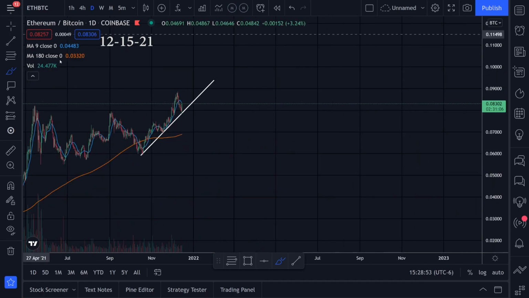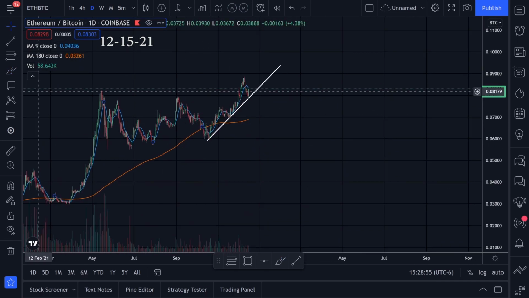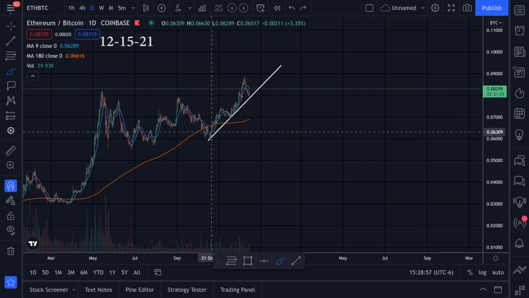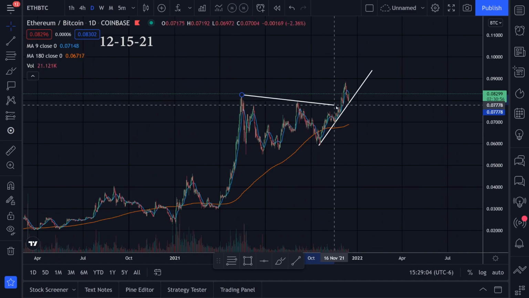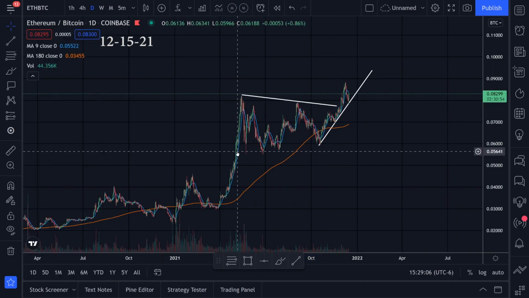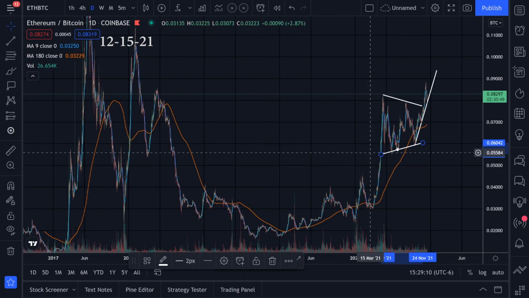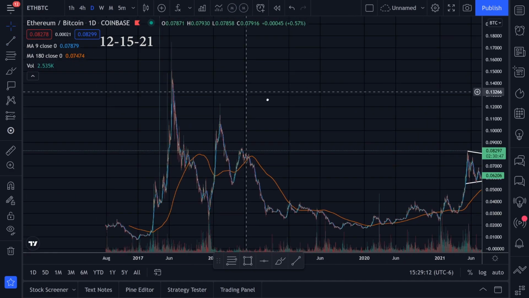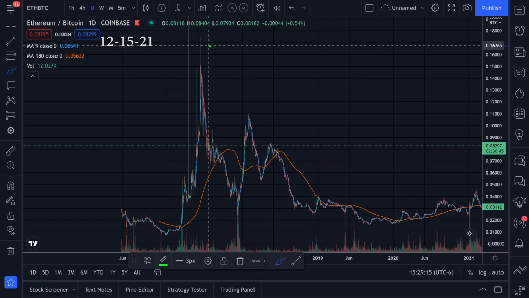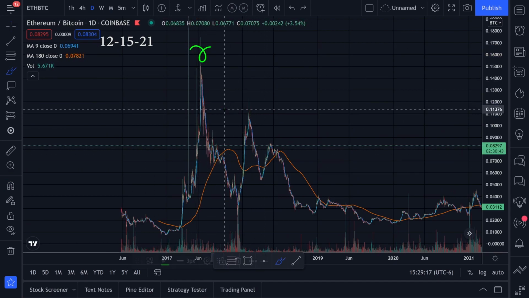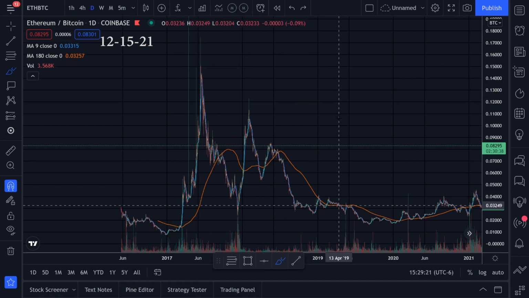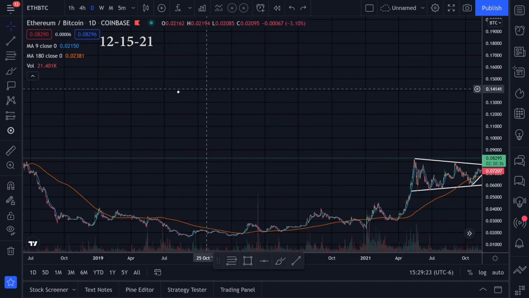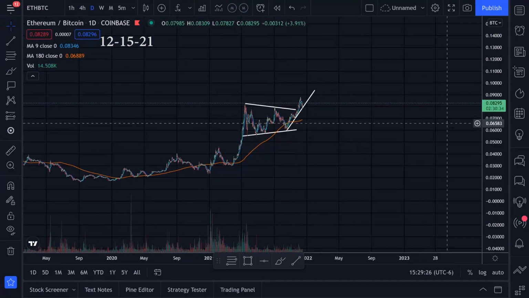And like I said, daily time frame, we have this little trend line going right here just to watch for now. That's what I'm watching. I'm kind of curious though if we can come up and hit this flag pattern target and one of the previous tops. There's another previous top that actually was even higher. If we zoom out a little bit, we have a top right here, and then we have a top right here. This is the one that I'm kind of shooting for, but I'm curious if we could even come up to these ones. So yeah, Ethereum to Bitcoin does look pretty good, and it has been looking good for a while now.